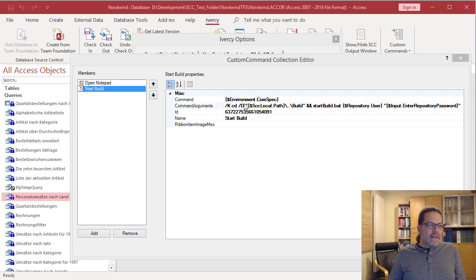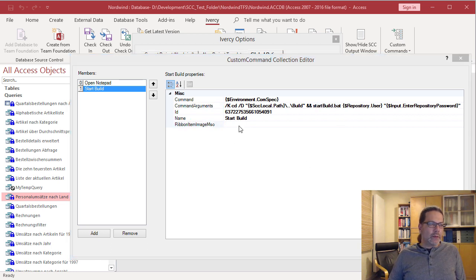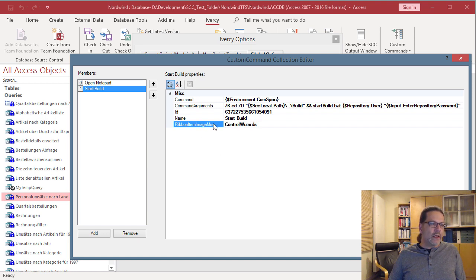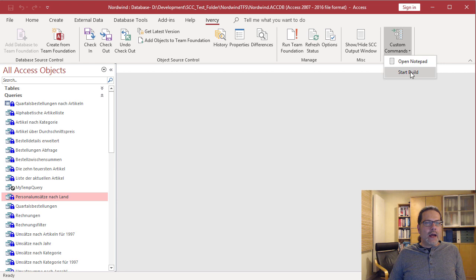So what this does, it just runs cmd.exe, the command line, and then it changes the directory to the local path and then runs the batch file start build. And that could be a build script or whatever script you would like to execute. And to make this look a little bit prettier, I add also an image, but the image is of course totally optional. But just to show it, I leave it out, save it,